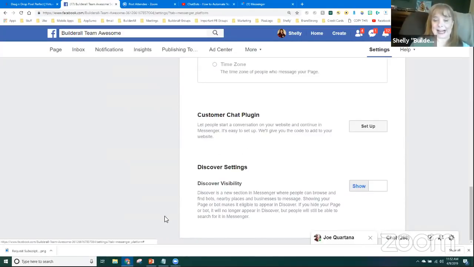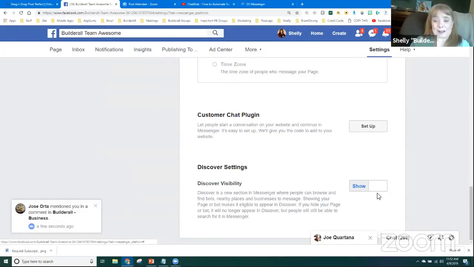And then the last one, discover visibility. This is a new section in Messenger where people can browse and find chatbots in nearby places and businesses. By default, it's set to show. So it will actually show your chatbot in there. If you're trying to get leads and you're trying to be visible, you never know.